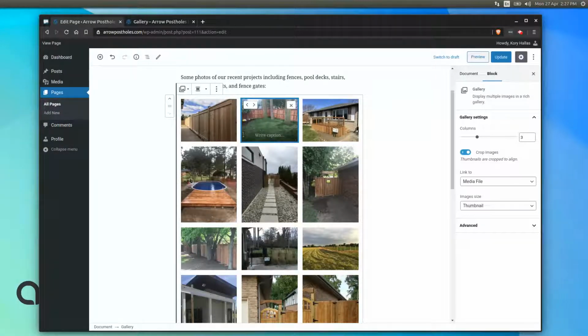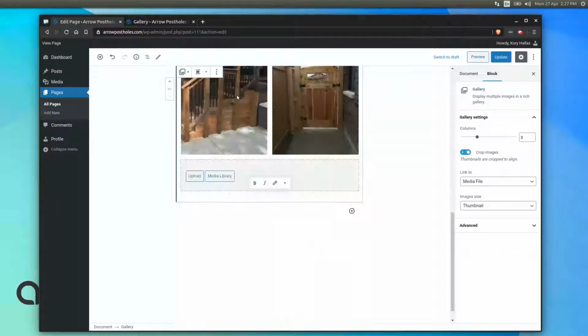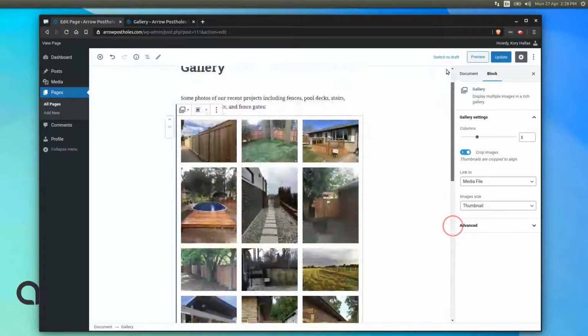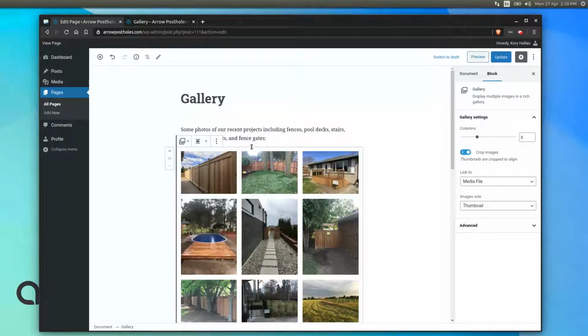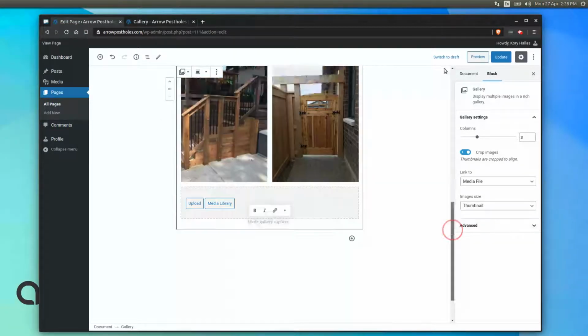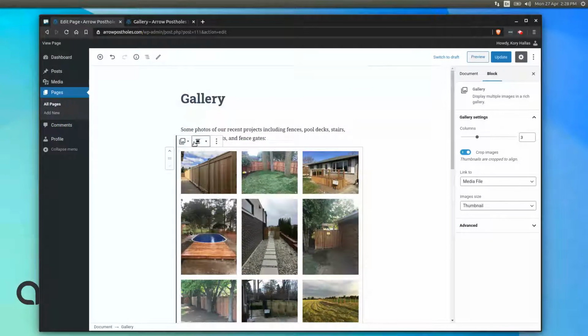I can move them around. But also if I click in between, or just kind of to the top here, oops. If I just click the block itself, then I get a view of the whole block. I can change the alignment, and I can set some settings under the settings sidebar here under block settings for